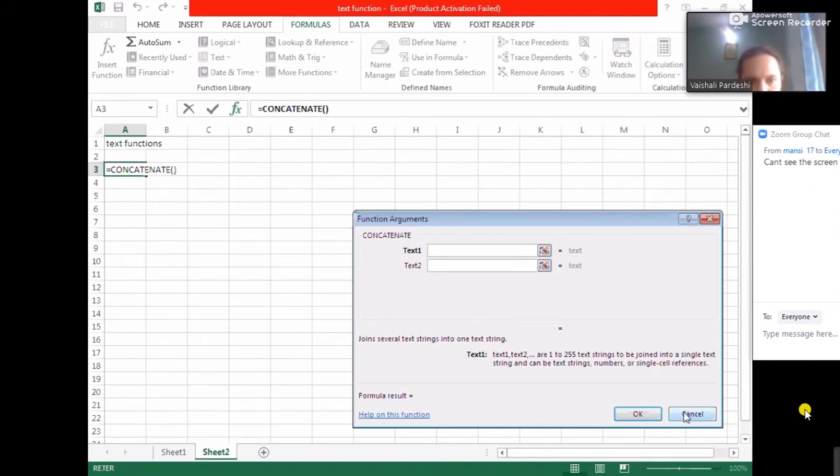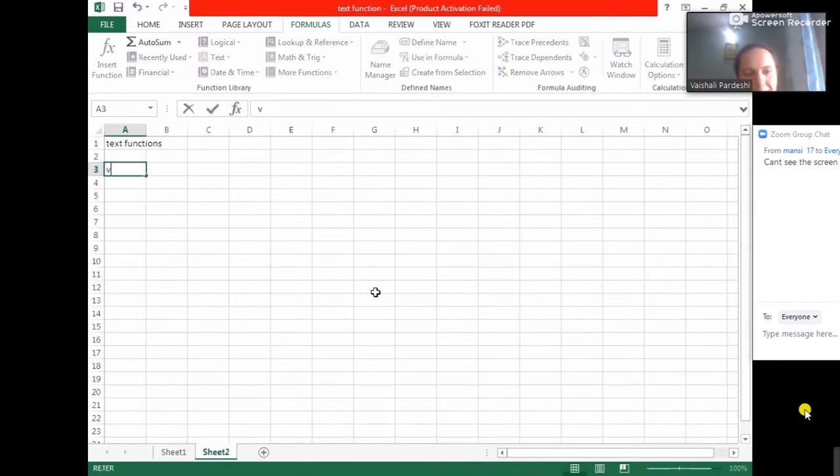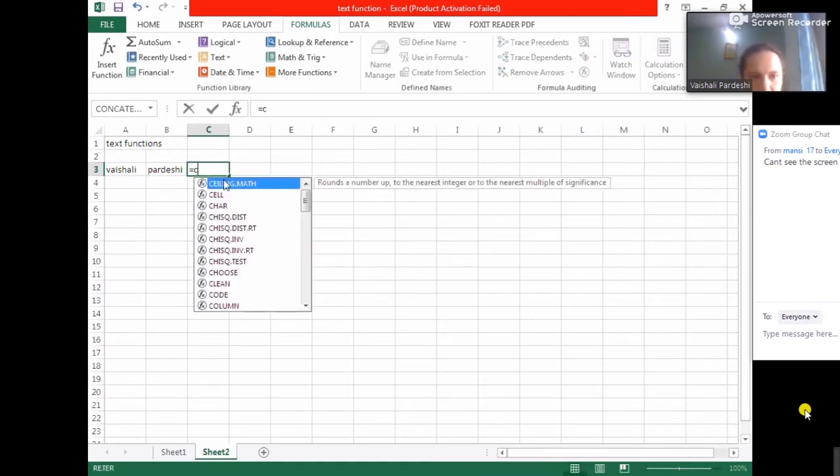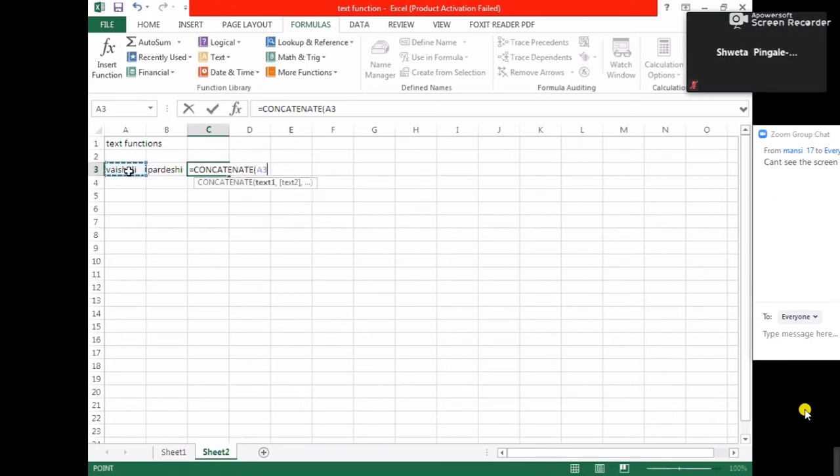Like, I have my name like this, Shali, and I want to join these two texts. Supposing in the list I have got the first name and the last name separately, and I want all the names to be joined as one. So I can use CONCATENATE. It is very simple. This is the first text which I want to join, and this is the second text which I want to join. I close the bracket and I will get